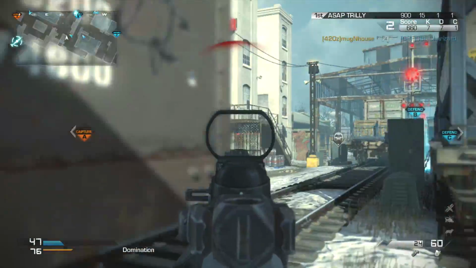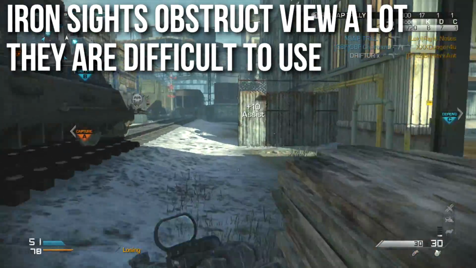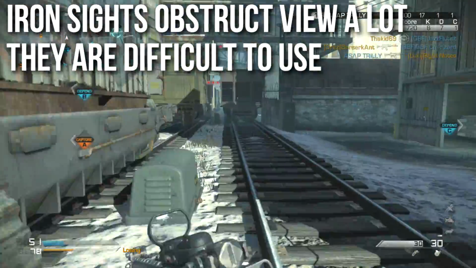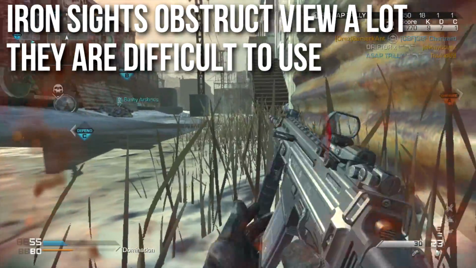Now we're getting on down to the subjective part of the in-depth episode, and I'm going to say that the iron sights obstruct my view a lot. I really don't actually like the iron sights on this weapon. They're difficult to use. The actual core center of the iron sight is nice and clear and pristine, and it has a thin circle with a small vertical bar where I can put on my target,